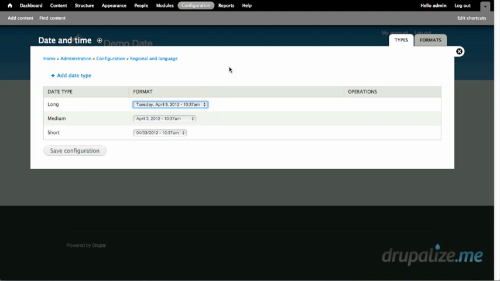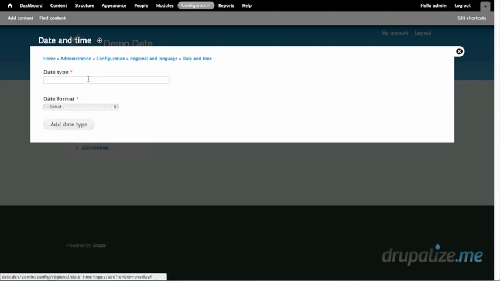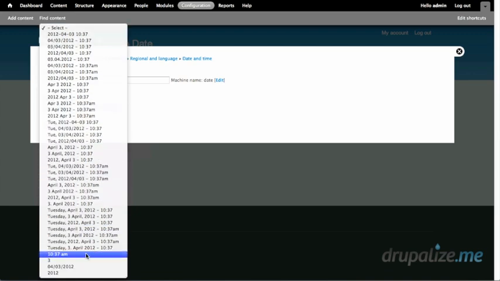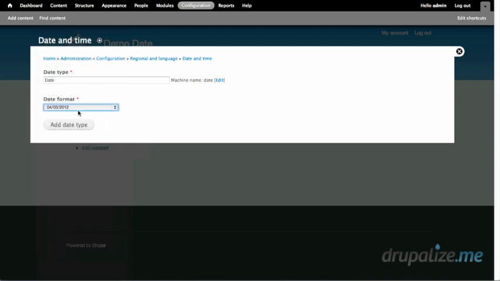I've got some new formats available to me, and I could say I just want to change my short format to be a date only, for instance. But in fact, I probably want to just leave these original types alone, and add some new ones. And so I can add a new type, and I can call it date. And I could say my date format is this new format string that I just created that displays the date